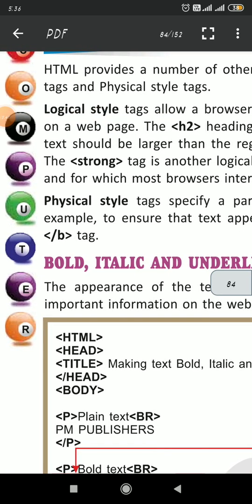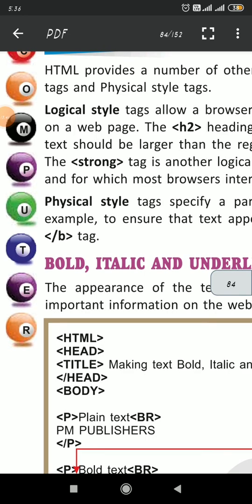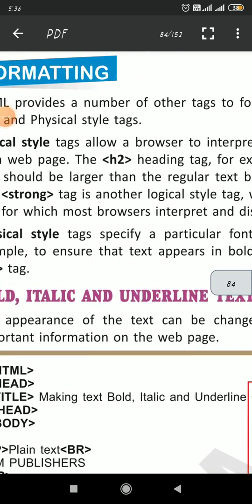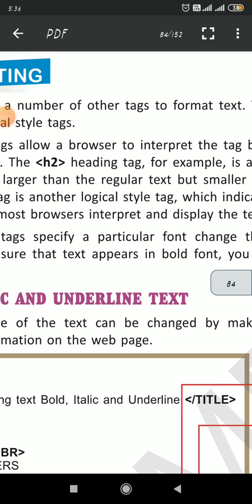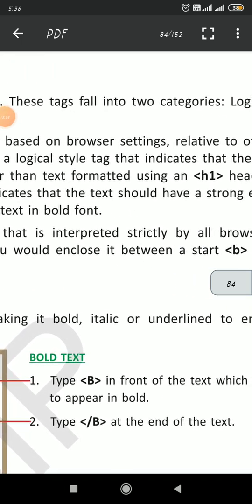For bold, we are using B. For italic, I. For underline, U. So here the physical tag specifies a particular font, meaning it will change the appearance of the font, which is interpreted strictly by all browsers.